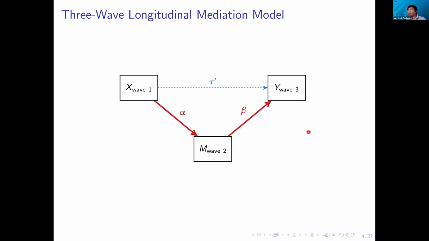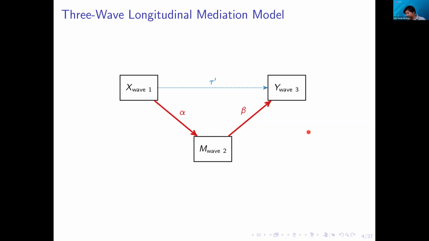You can think about this, for example, when we measure stress in the morning, we measure coping in the afternoon, and we measure mood in the evening, and we can see a certain sense of dynamism in terms of how the effects of one variable on another unfold over time. So this is better than the previous one, but we only have 3 snapshots of the process. There's some dynamism to it, but probably not enough to really describe the process that we are interested in.